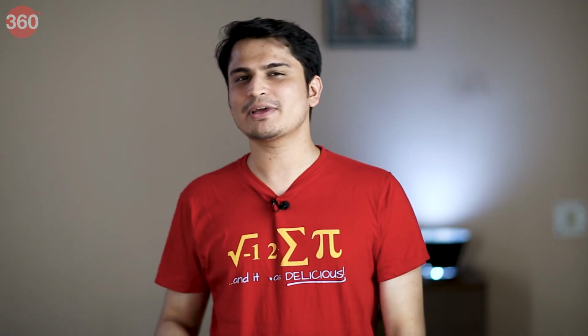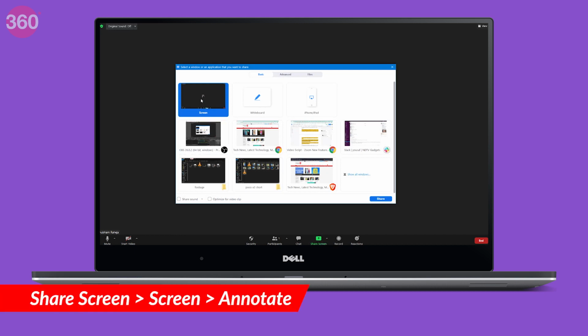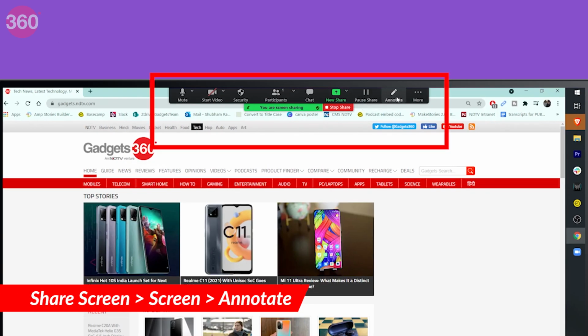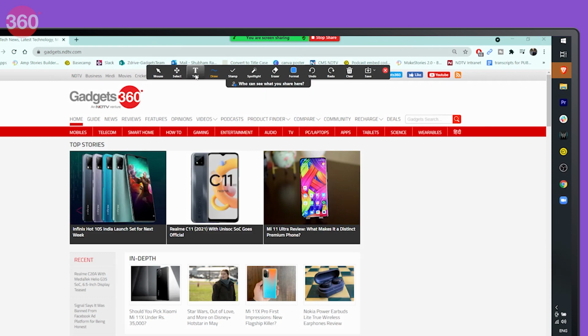Next up, we have Vanishing Pen Annotations. Now, this is an interesting one because a lot of times you want to bring the focus of our viewers to a certain place on the screen while we are sharing our screen. Annotations lets you do just that. Simply turn on screen sharing, then on top you'll find the annotate button within the toolbar. Clicking that will bring up a bunch of options. You can add text by clicking on the text tool, draw using the draw tool, and you can even add stamps and highlight stuff. Just in case you want to delete something, click on the erase button and delete the shape, text or stamp you have created. You can also click on the select tool and click and drag on the screen to select some elements and